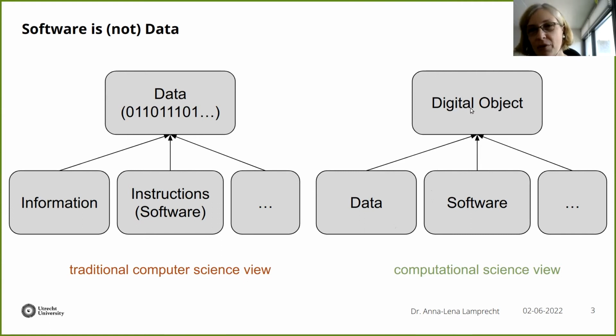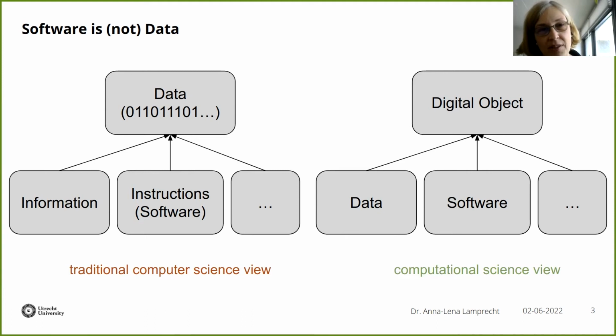Maybe we even should talk about research objects and not digital objects, but here we get into a much more computational science view on things. That means there are research objects, digital objects, that share certain properties, for example, we can assign a digital object identifier that they would have in common. But then there are differences between data and software. For example, data are static, while software is dynamic and can be executed. That maybe warrants other or more specialized principles. A bit more on that in a few minutes.